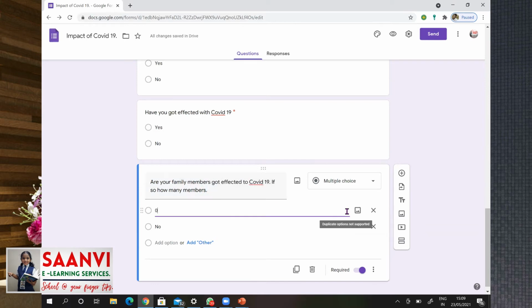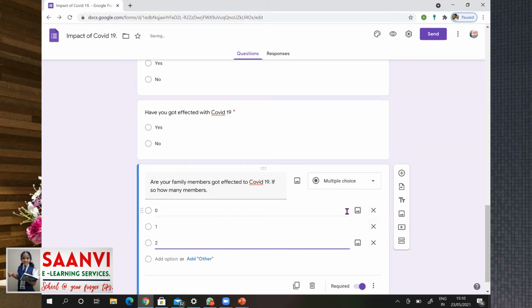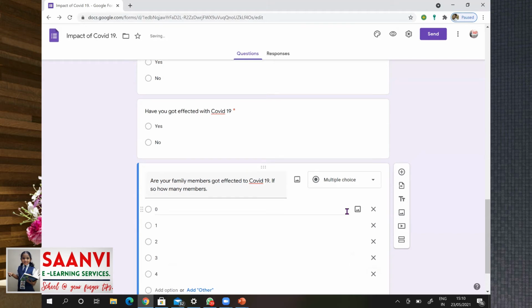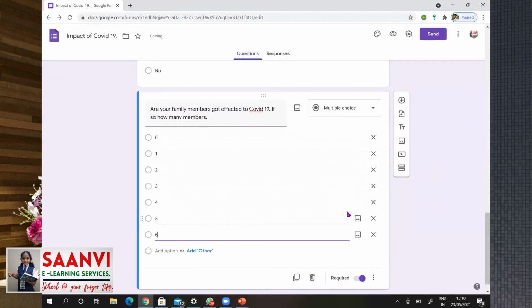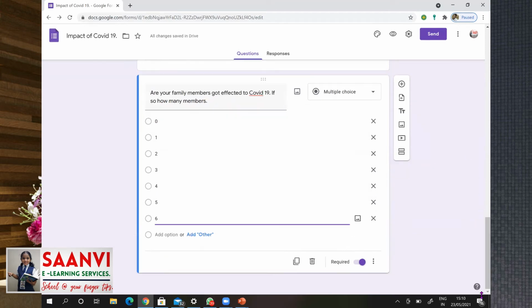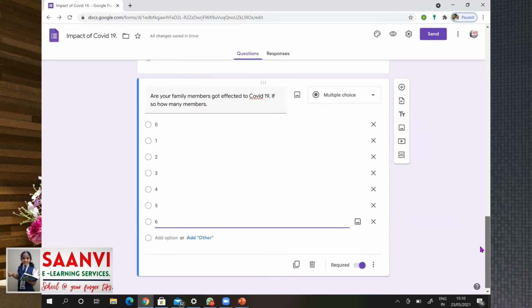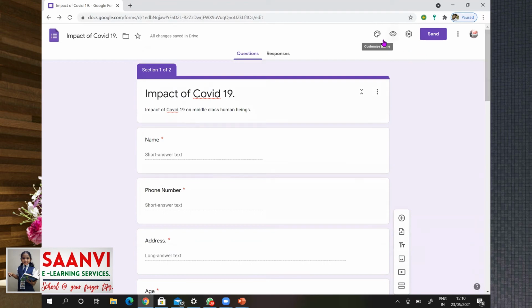Here let us give option as 0, 1, 2, 3, 4, 5, 6. That's it. Now let us make it little more beautiful by going into themes.